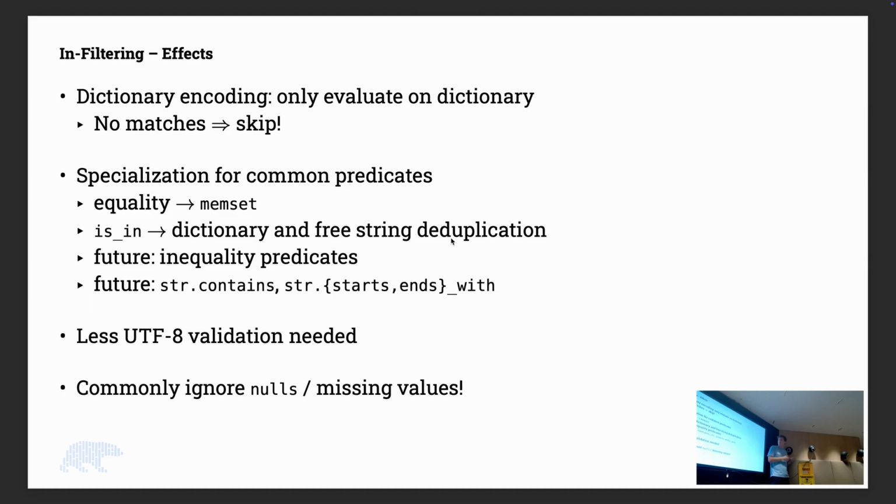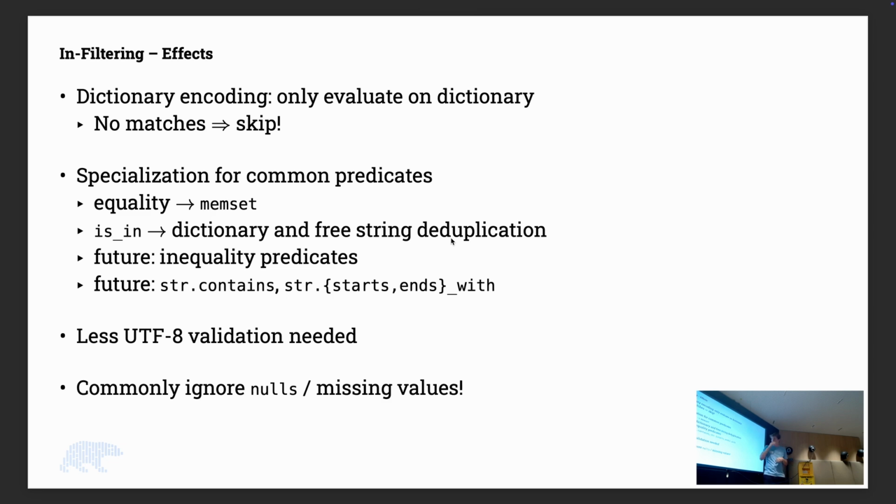So you can just skip that whole row group, which allows you to be even faster. And then we're going to do some specialization for some very common predicates, right? So equality, well, if you are asking whether something is equal to something else, you can basically just do, okay, is this equal? Okay, then at the end we just set this value 20 times,